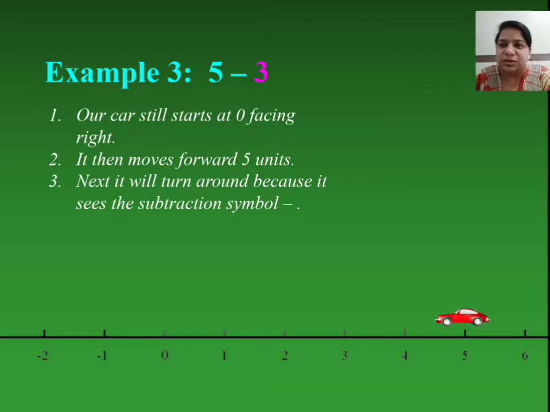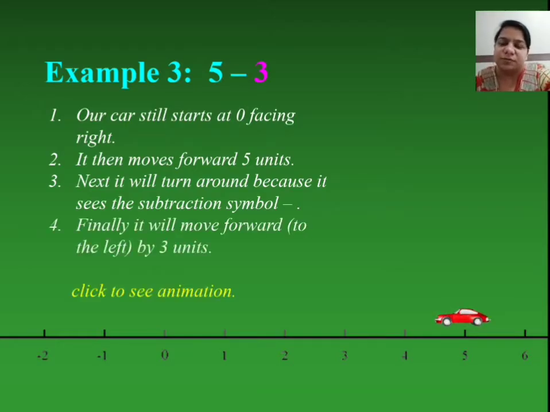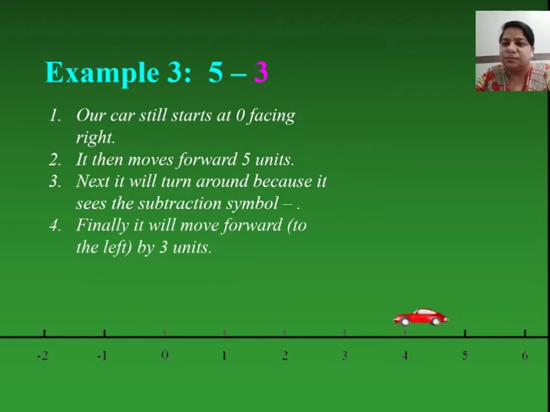So the 180-degree turn means now our face is towards the left direction. Now next is 3, and just check the negative sign. We have taken an action for the negative sign, which was the subtraction sign. So we have turned our direction. Now next it has to move 3 steps forward, because 3 is a positive integer.